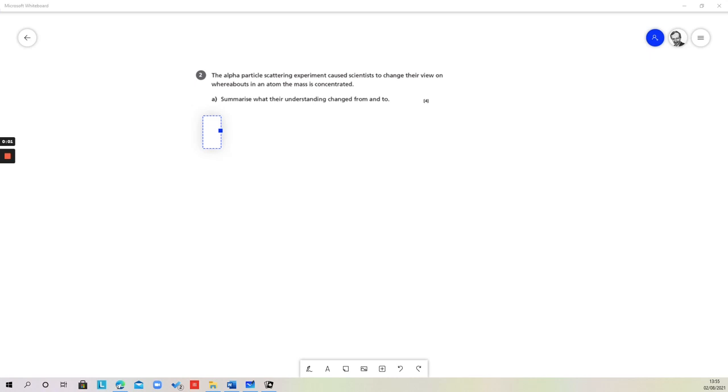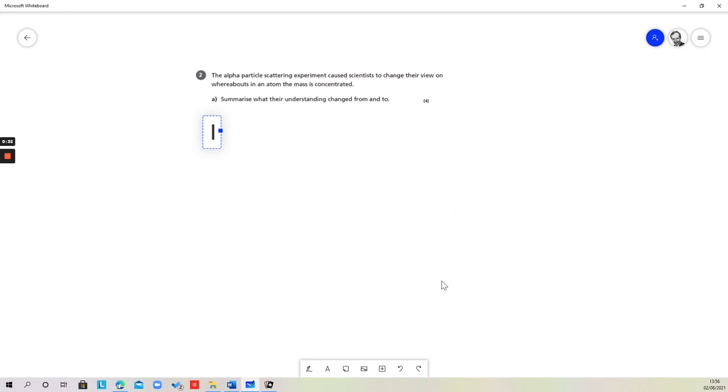In this question, we are being asked to come up with a summary which describes the key differences between an outgoing and an incoming model of the structure of the atom. So it's obviously important that we're familiar with what the models are that are being referred to, and also we explain what the key features are of these models and how the features of the newer model were different